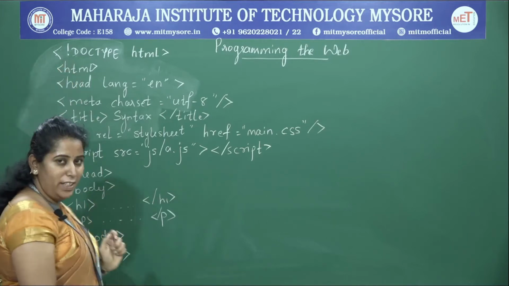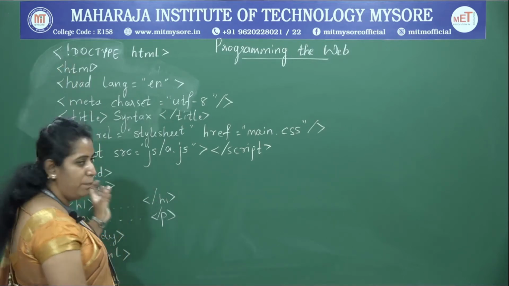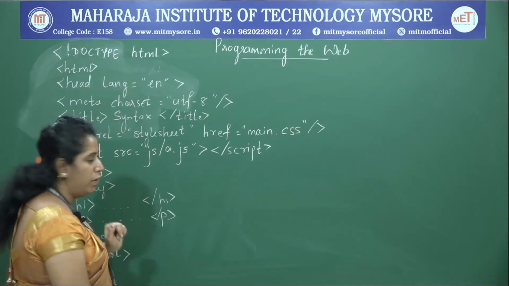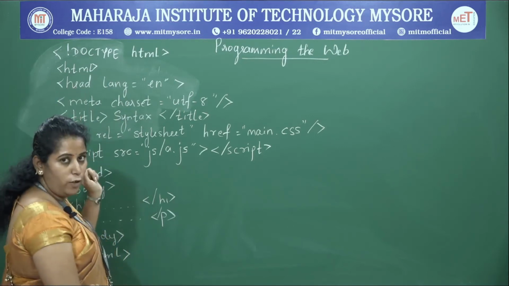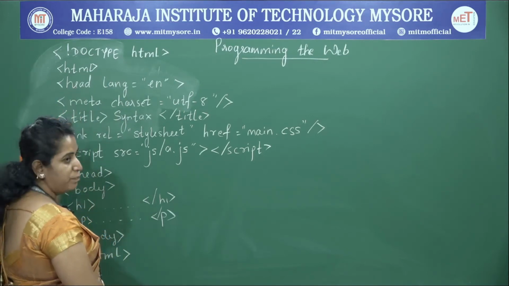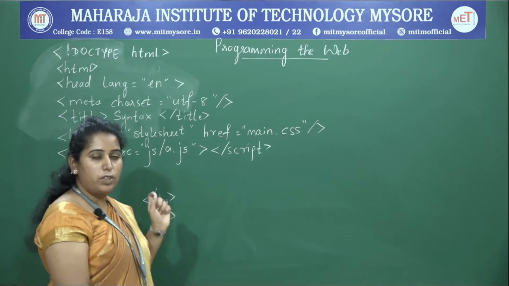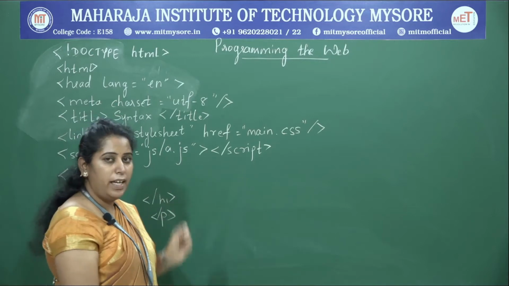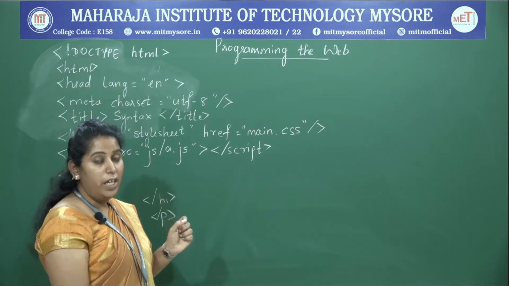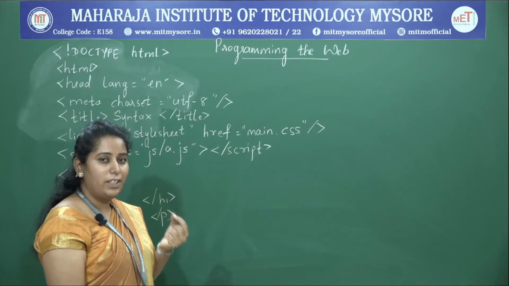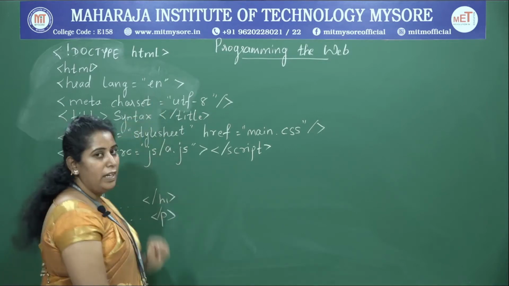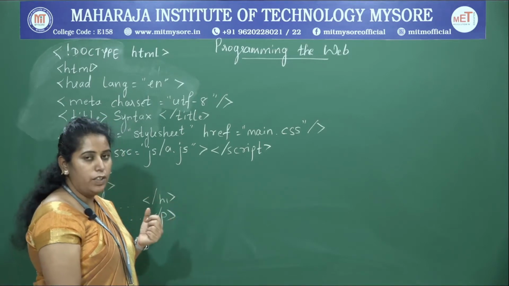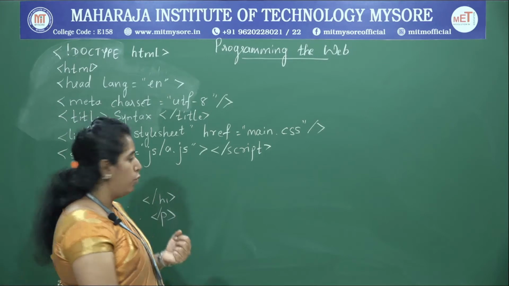This is the first statement. As you all know, doctype declares which type of document it is, that is, an HTML document. This is the root tag of an HTML document, html. So far in simple programs, I was writing only html. Here you can notice I have written a property called lang, which stands for language, in which language we are going to code the HTML document. The value will be enclosed within a pair of double quotes. In the English language, we are going to implement a program.